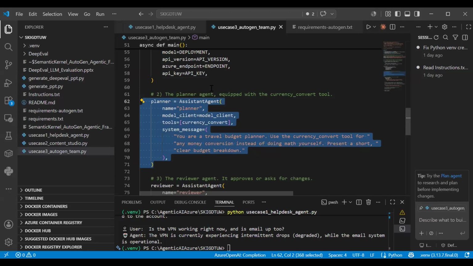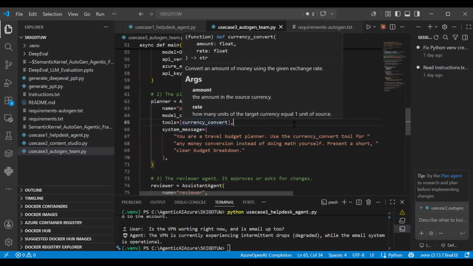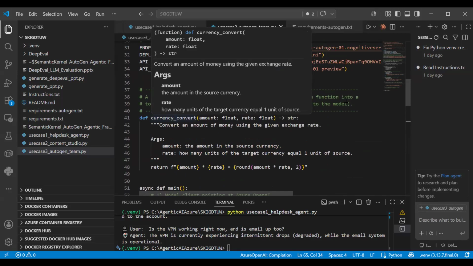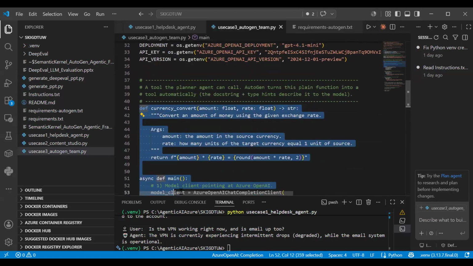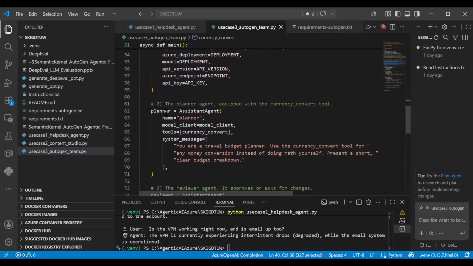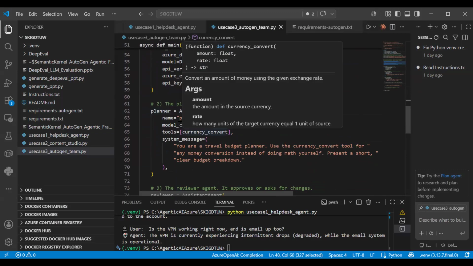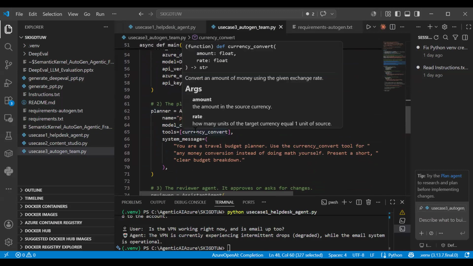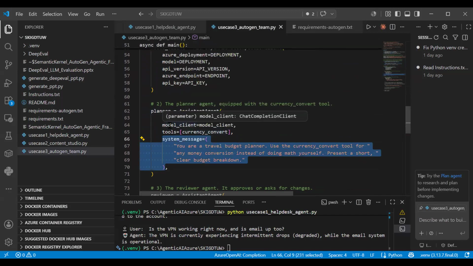This is the planner agent. We have defined it. The tool it is taking is the currency converter, which we have defined. And this is again a tool we are seeing. Whatever logic we have written here in the currency converter, we are passing it to our planner agent. You can see the tools and model. The model will interpret, and this converter will hold this logic, and we give this prompt to our model because of how this model, this planner agent, will behave.